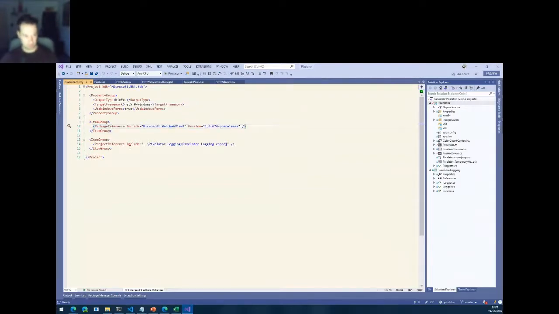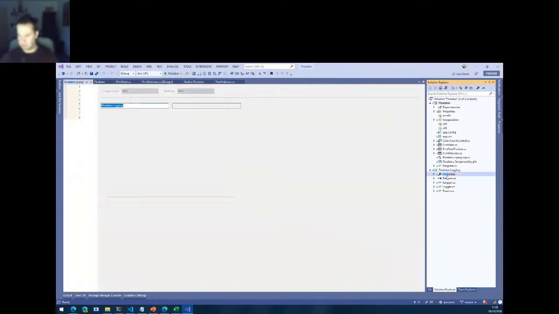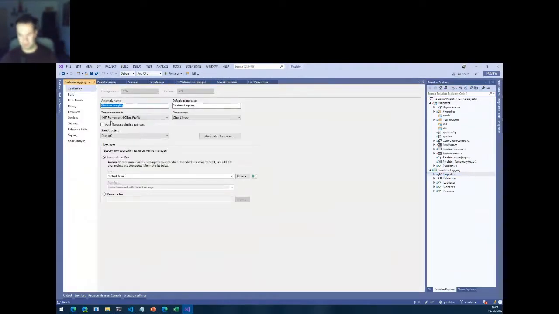We have the NuGet reference to WebView2, and we have the project reference to the logging. The logging doesn't do that much, but I've added it just to show you this. We're actually referencing a .NET Framework 4 library, and that works. That code runs. That's quite interesting to know as well.